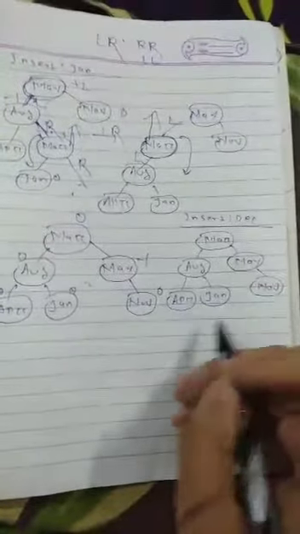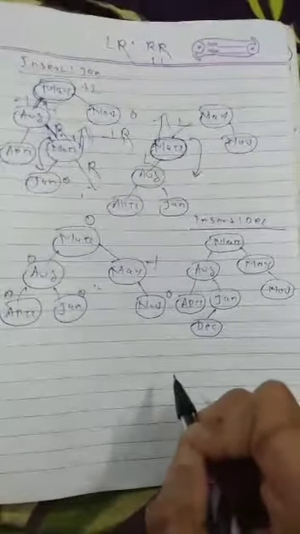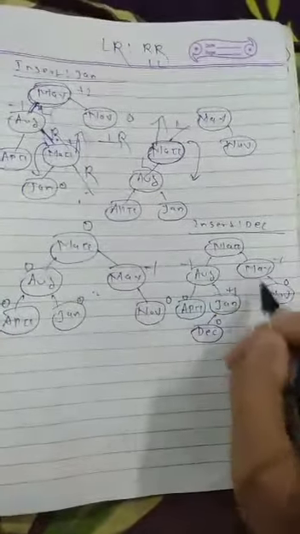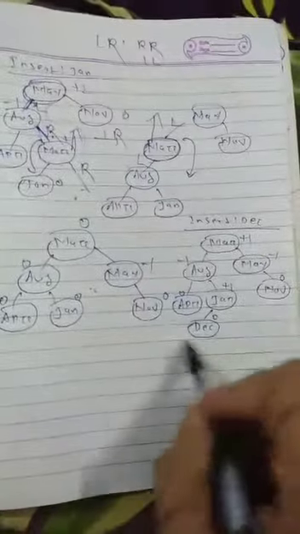So for this tree, calculate the balance factor: 0, 0, 0. This is 0, this is minus 1, 2, minus 2, this is 0, balanced. Okay, then next what? December. Okay, so December goes, which side? At January. According to the binary search tree, you have to check it. This goes to the left side. Then check: this is 0, this is plus 1, 0, minus 1, this is 0, this is minus 1, 1, 2, 3, 3 minus 1, this is plus 1. So after inserting December, the balance factor does not violate the rule. Any node not violated the rule. That means the tree is already balanced.